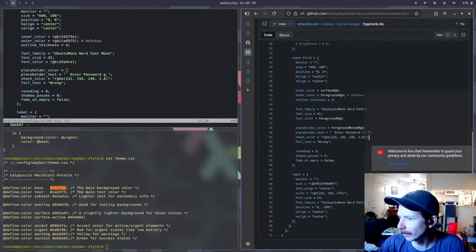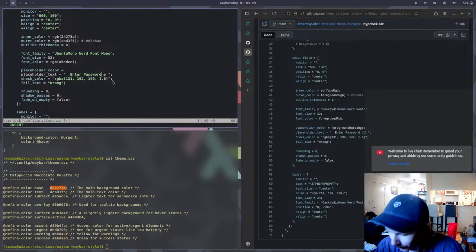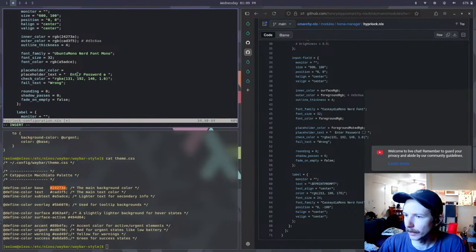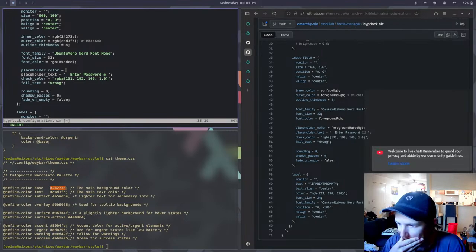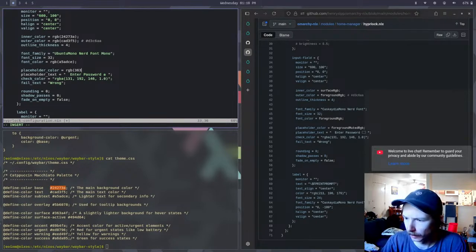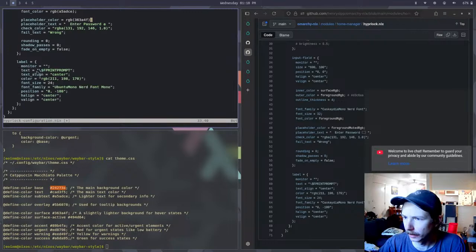But here we have a like a virus looking thing. Okay, placeholder color. This was supposed to be a lighter variant, was what they said. So let's do this one. 363A4F, and then